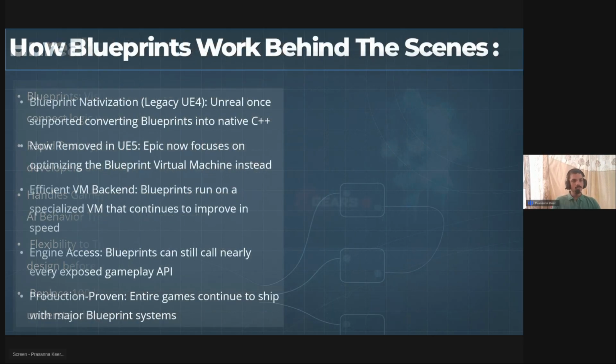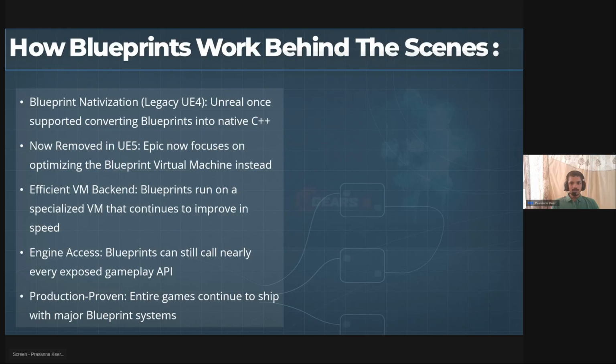So, how does the visual scripting work behind the scenes? You've mostly seen it in Hollywood movies as well, where people start typing on the keyboards, they just mash their keyboards, and hundreds and thousands of lines of code get displayed on the screen. Something got hacked, right? But I can understand that stuff. With a visual scripting system, you can drag and drop the nodes and things will work.